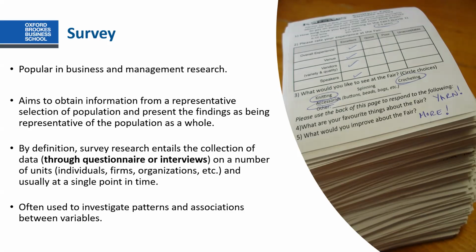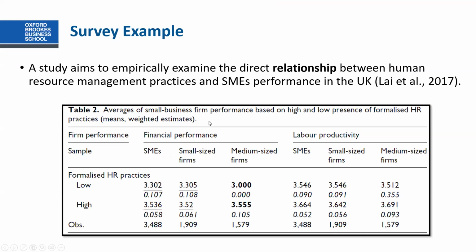When you use a survey, we usually use data collection methods such as structured questionnaires or interviews to collect information from respondents. And we are usually interested in investigating patterns and also the association between variables. So if we look at this example, this study aims to investigate the direct relationship between human resources management practices and SMEs performance in the UK. As we can see, when you use a survey, you present your findings as tables or as a chart. So here we can see that